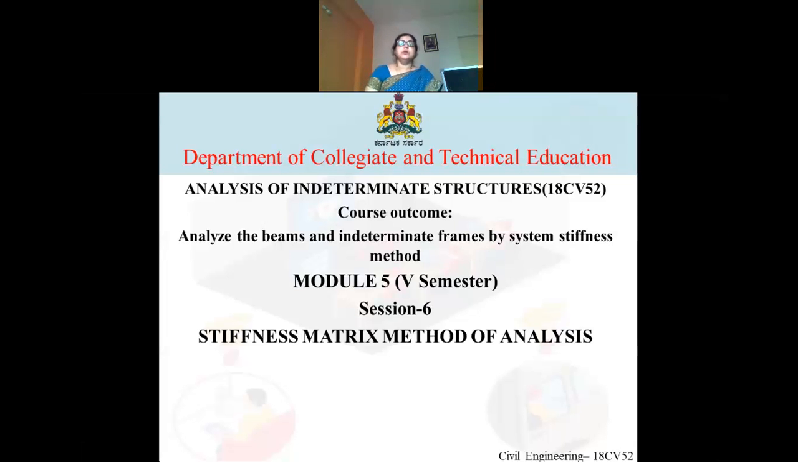Right. So we'll discuss how to solve the frames, how to analyze the frames by the stiffness matrix method of analysis. It is similar to beams. Analysis of frames is similar to the analysis of beams. Let me start